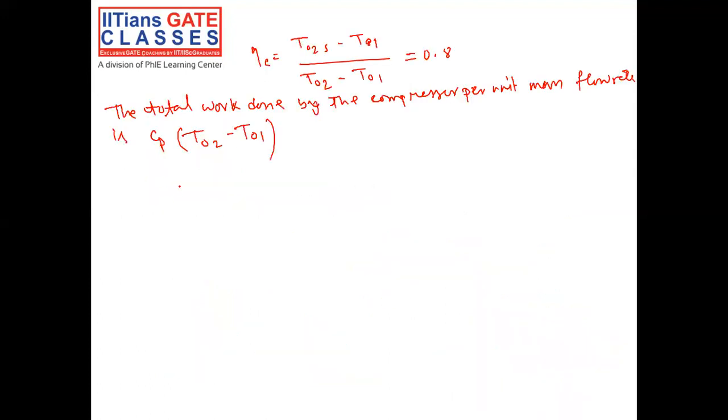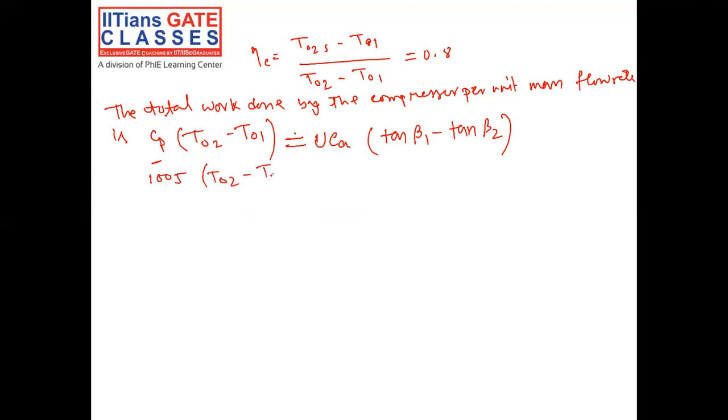So the total work done by the compressor per unit mass flow rate can also be written as U, the blade velocity, into CA, the axial velocity, into tan of beta 1 minus tan of beta 2. And since both the expressions give the same quantity, that is the work done by the compressor per unit mass flow rate, so these two will be equal. Right, now we know the value of Cp, we know the value of U, CA, beta 1, beta 2. We can just substitute those values and we'll